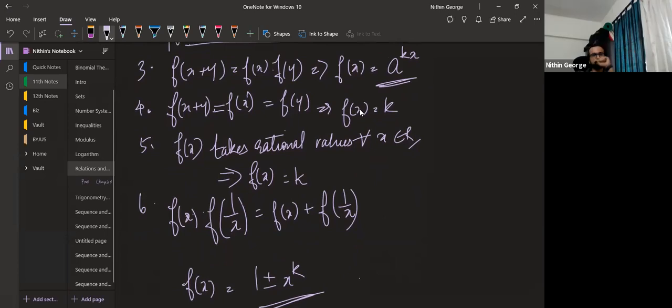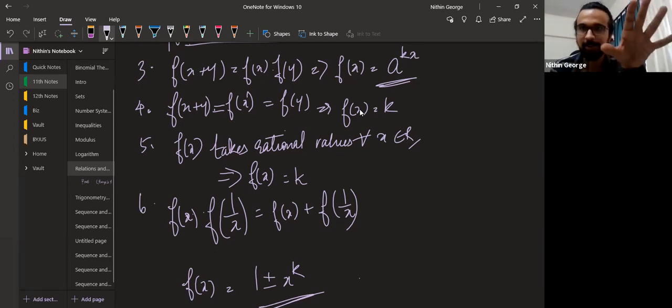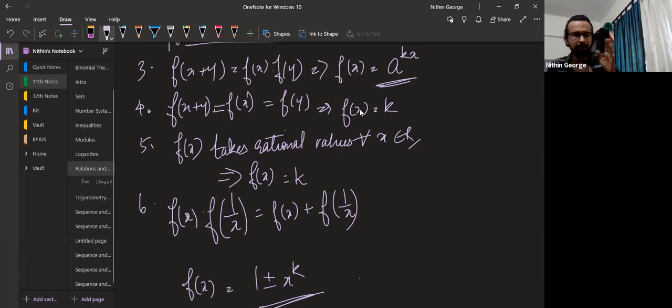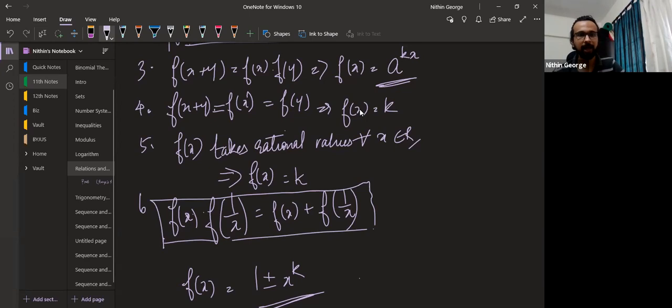Know these properties? So whenever you look, it's very rare they ask questions like this. But be aware that these possibilities are there. All right. When they ask questions like this, this just makes your process much faster. Instead of going through a process to find what f of x is, directly use this. You can get to the answer much faster. All right. So I've seen questions based on the sixth one like this. They'll ask f of x into f of 1 by x equal to f of x plus f of 1 by x. All right. And then they'll say that f of 4 is equal to 65. What is f of x?